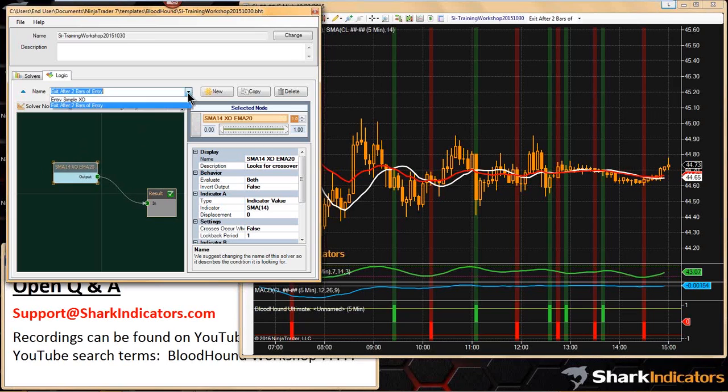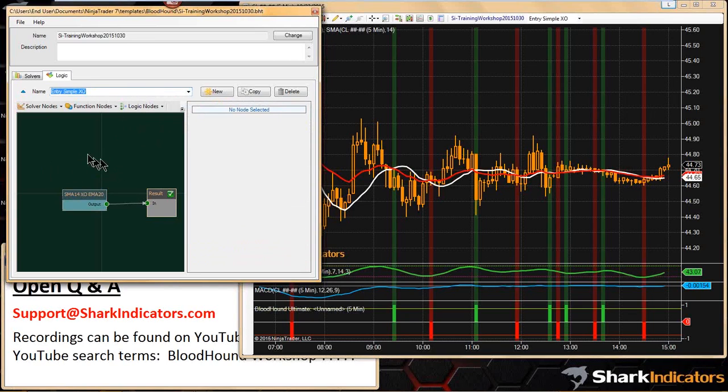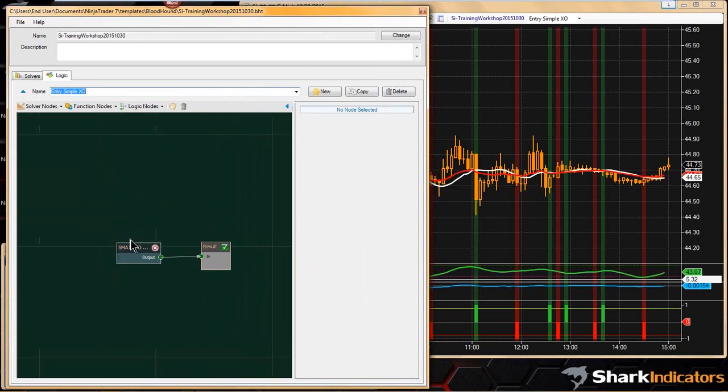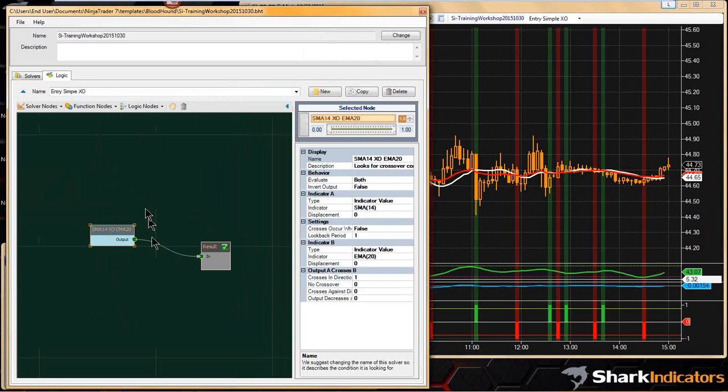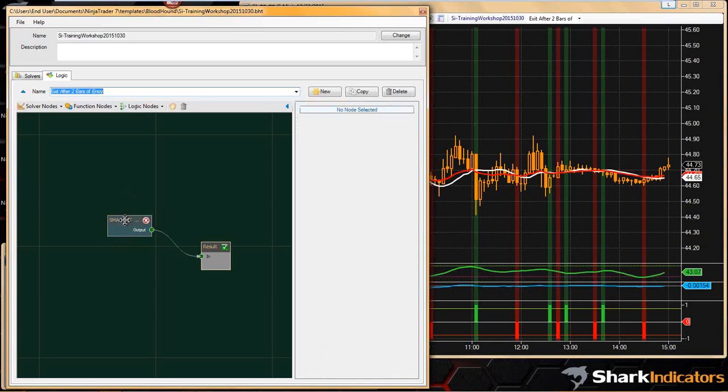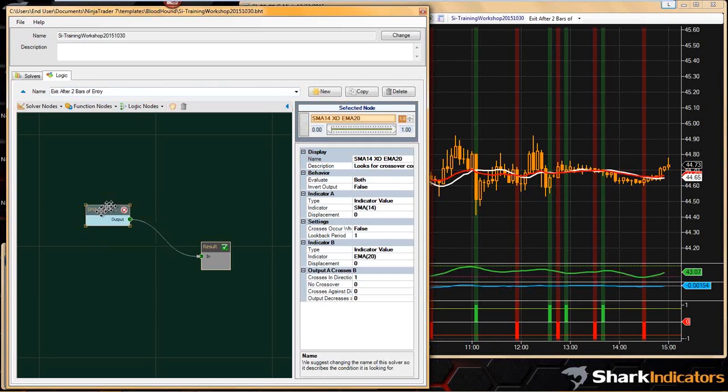If we looked at the entry signal for the system you're thinking of building, it's going to be a lot more complex. You're probably going to have a bunch more solvers in here, right? But whatever the case is, where your signal comes out of for your entry system,